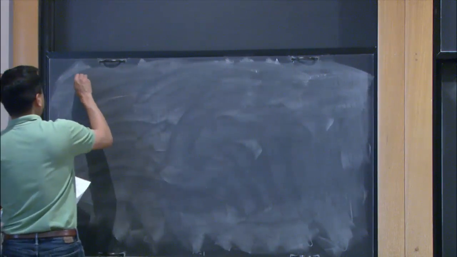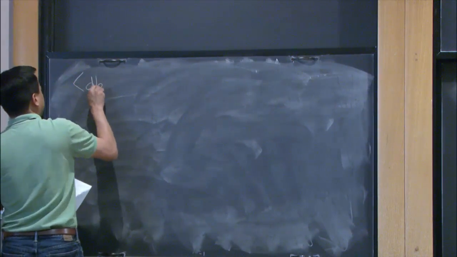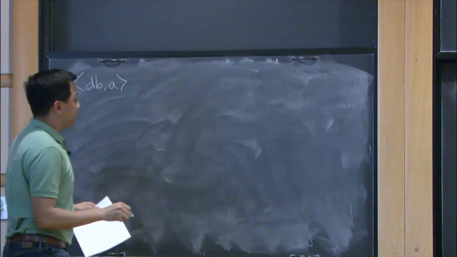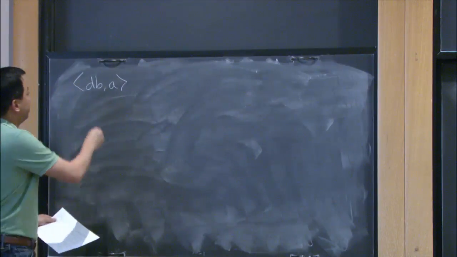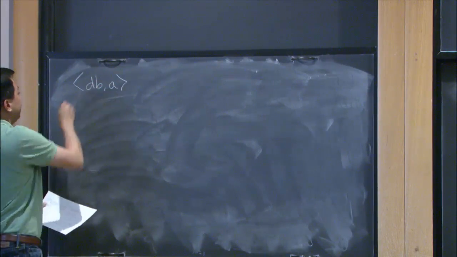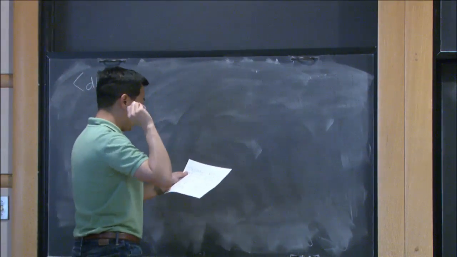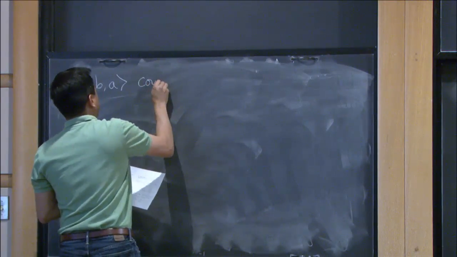So I'll just draw this in pictures. If I have two generators a and b of this complex C12, I want to tell you the coefficient of a in the differential of b. And what this does is this counts